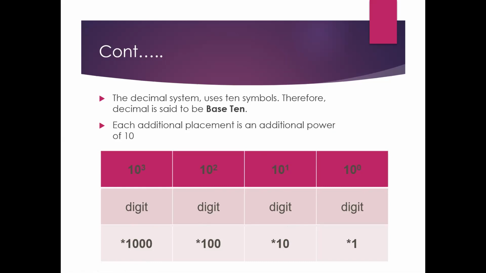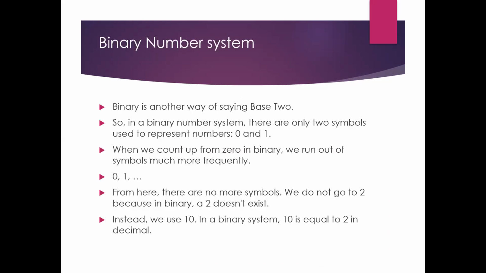Though these are all very fundamental basics, it is very important to understand the conventional number system, that is the decimal number system, in order to understand the other number systems which we are going to discuss now. That's binary, octal, and hexadecimal number systems. So after knowing this basic information, now let's move on to the first number system we are going to discuss in today's class, that is the binary number system.